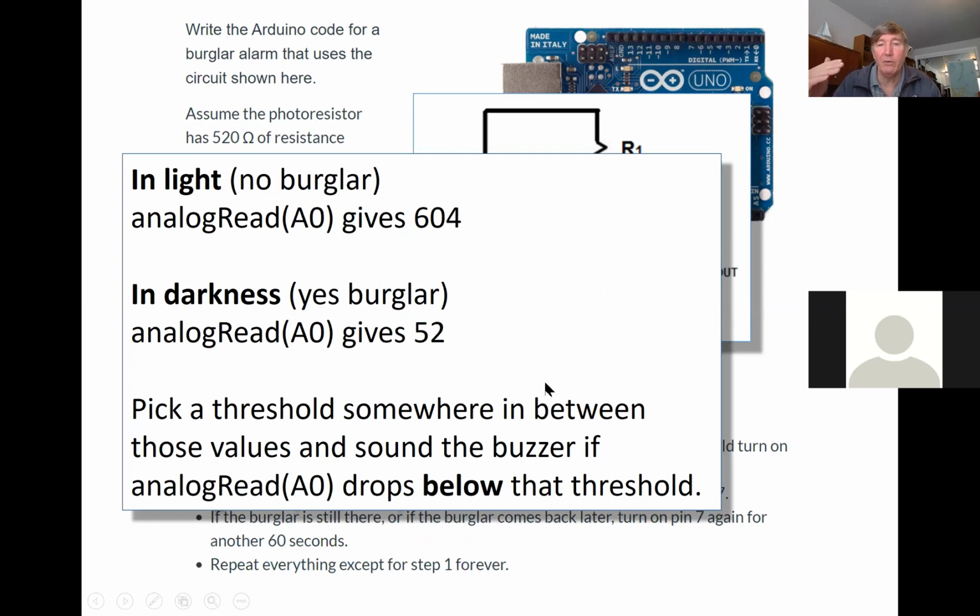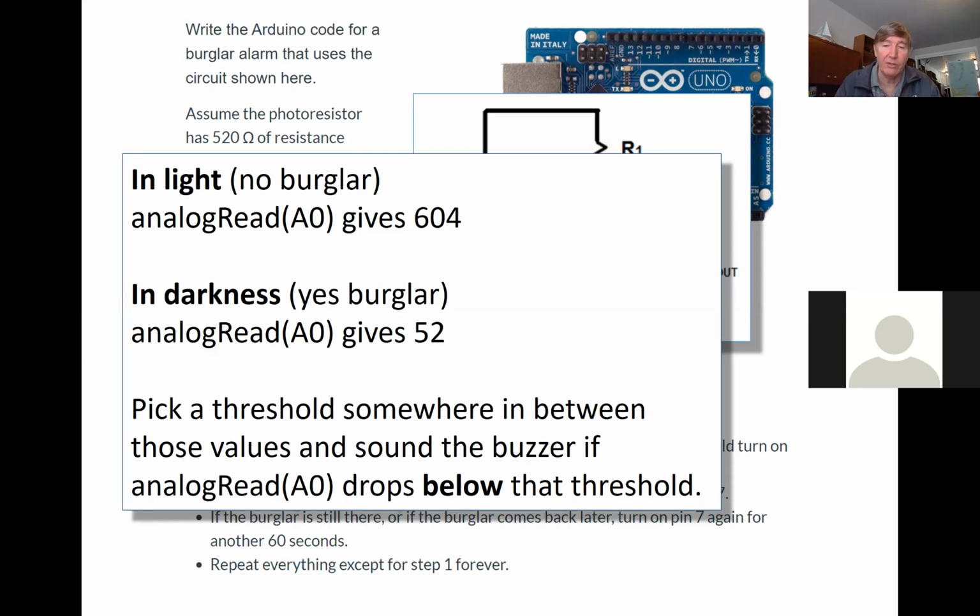What I want to do is pick my threshold somewhere in between there, and I like to pick it halfway in between. The most important thing is that because I put the photoresistor where I did, I need to write my Arduino code so that it sets off the buzzer when it sees the voltage drop below the threshold. Had I put that photoresistor in the lower place instead of the upper place, then I would have had to write my Arduino code so that it sets off the buzzer when it sees the input